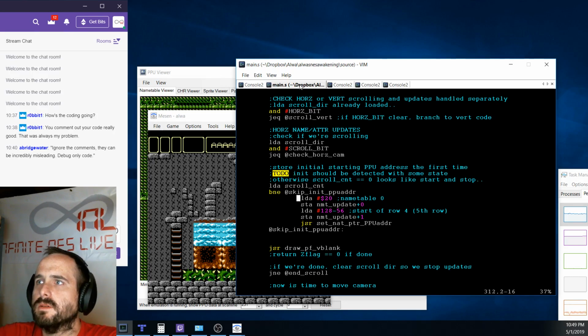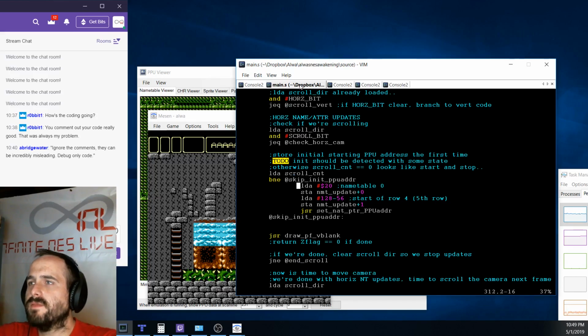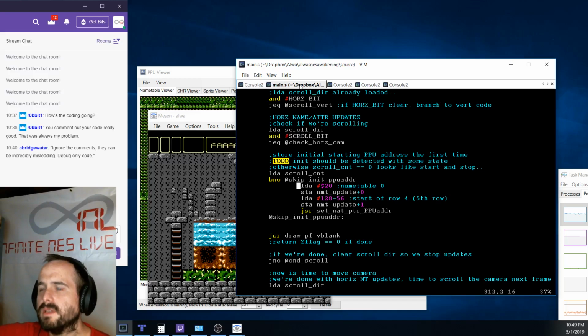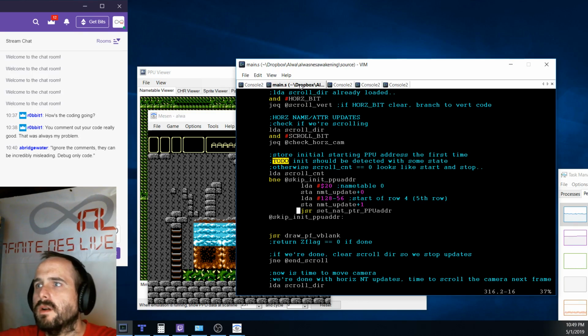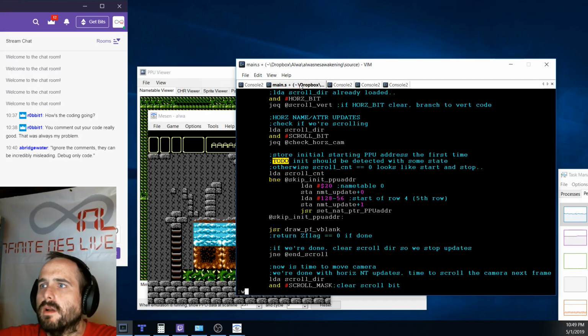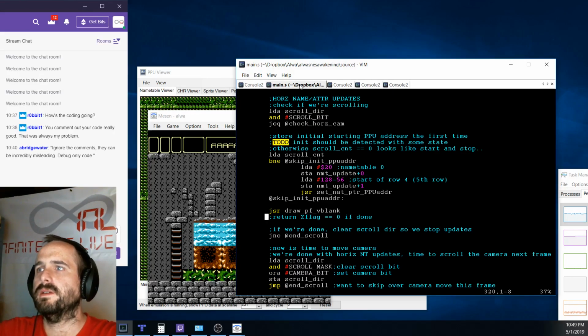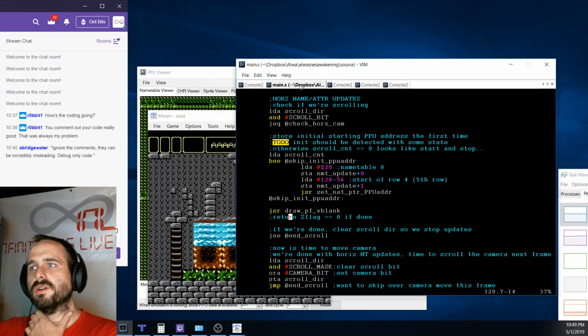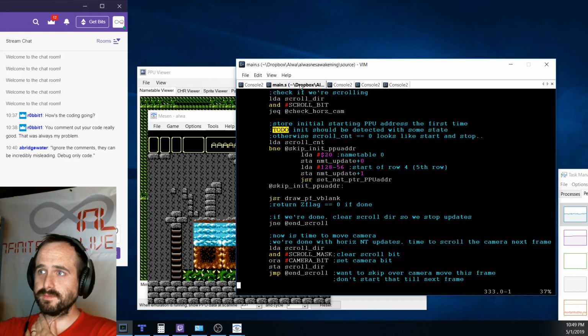Otherwise, this is our first frame, so we'll update. We'll initialize our PPU address and our pointer, and we'll call our draw function that we created. If that function returns with a 0 flag clear, then